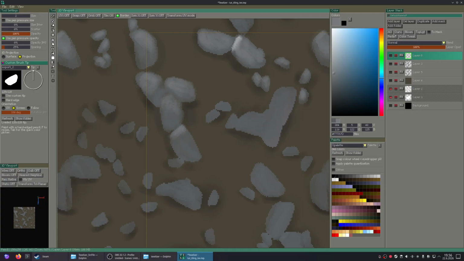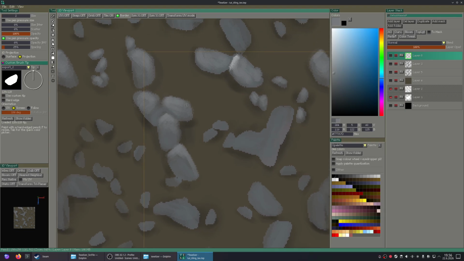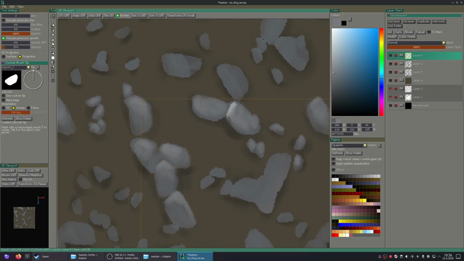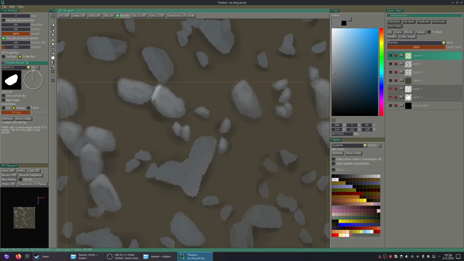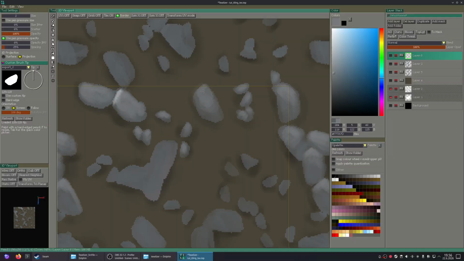Yeah, let's do top. So all of these would need some kind of highlight. Yeah, so these are more like pebbles than rocks, probably.